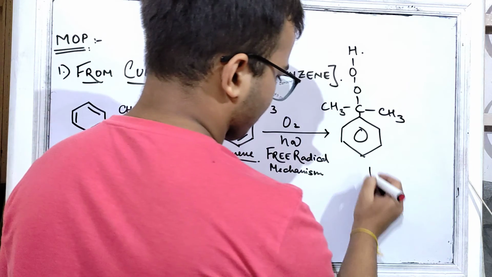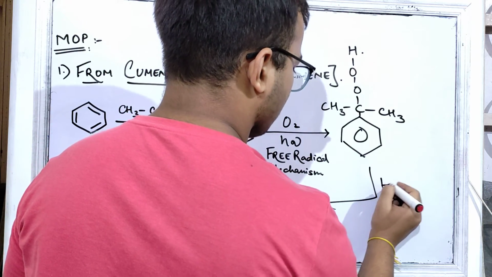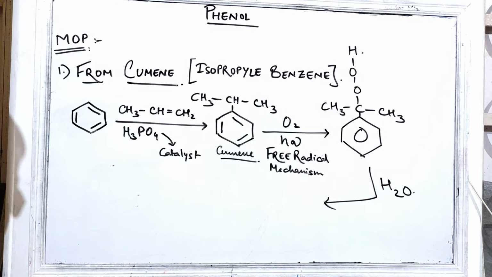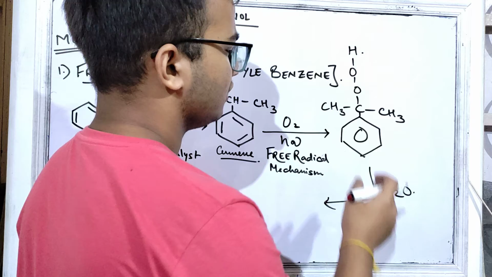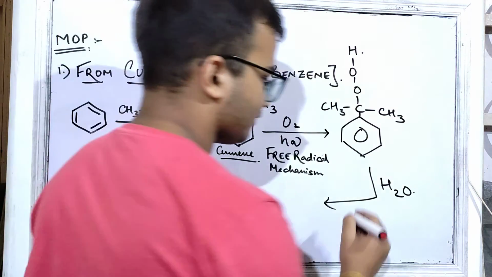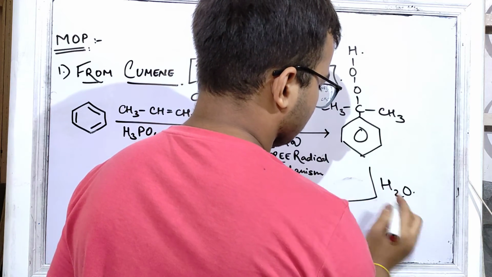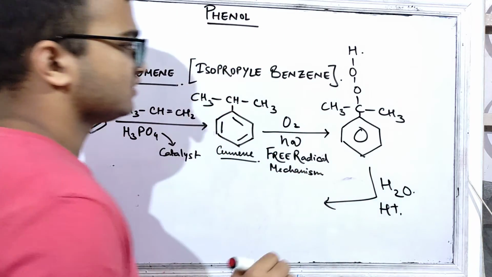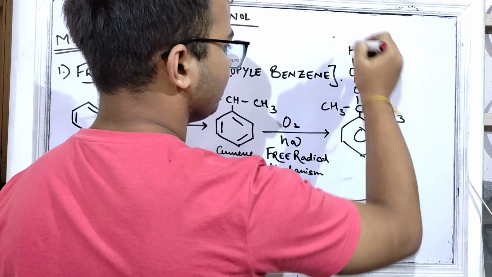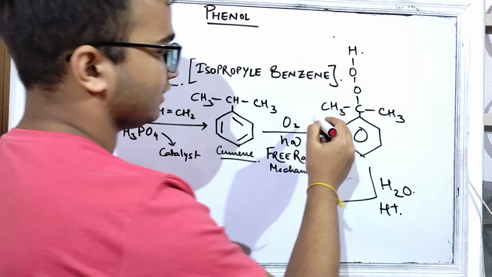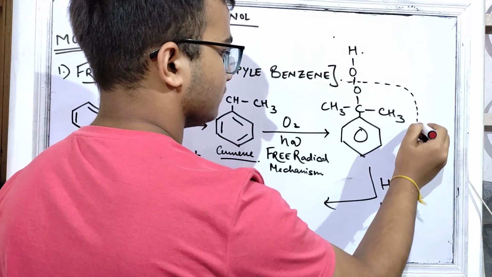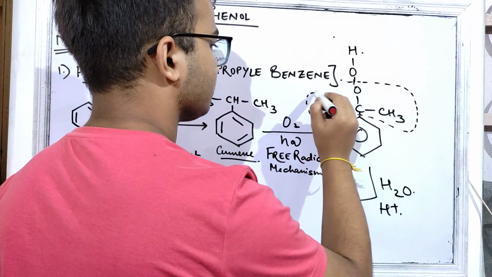Now see, when you treat this with H2O, it has to be the H2O which is acidic. Okay, so you have to write here H plus. As a result, it will not be water that is eliminated, I'm sorry, this thing will be eliminated. This entire group will be eliminated.